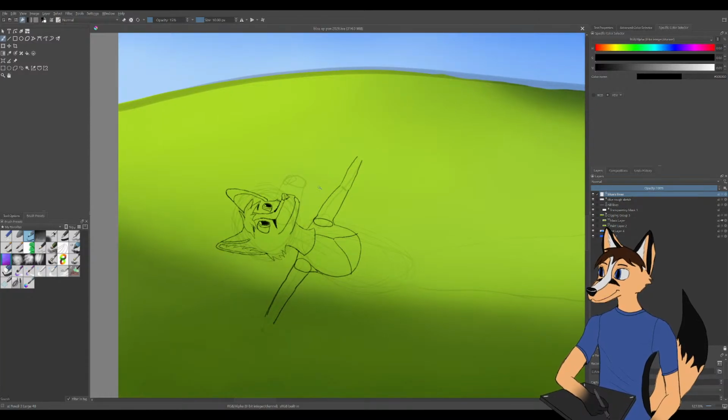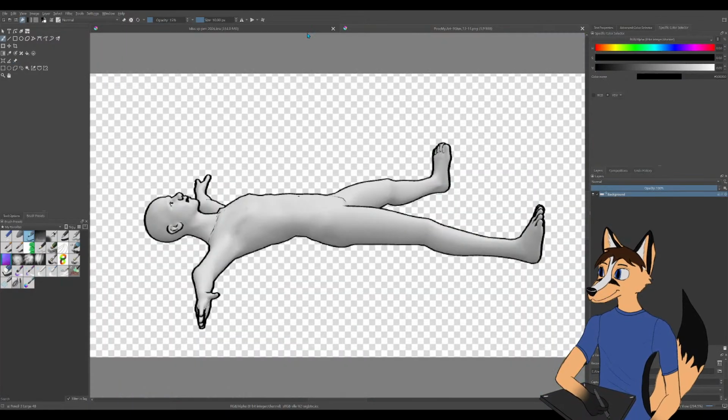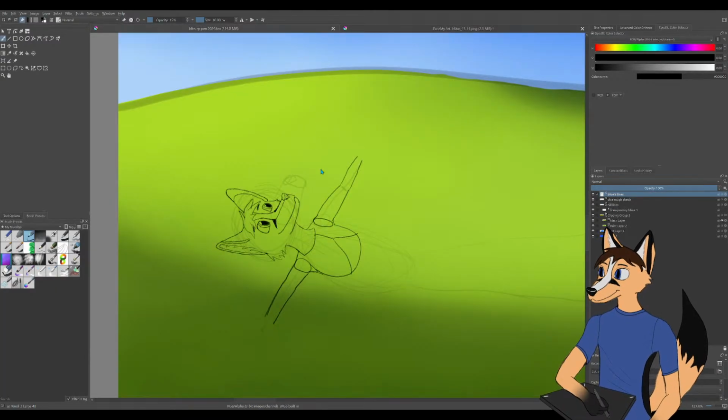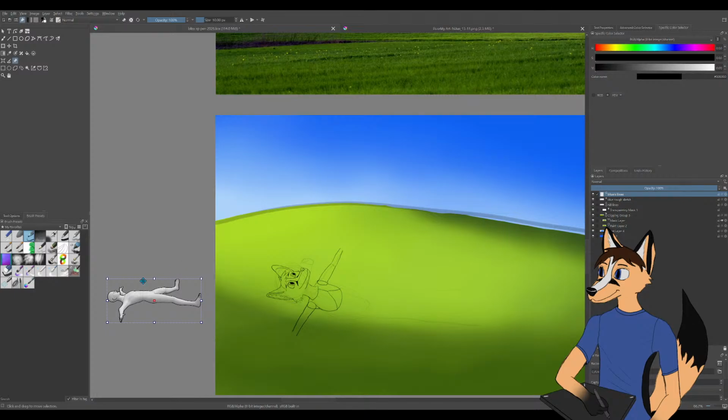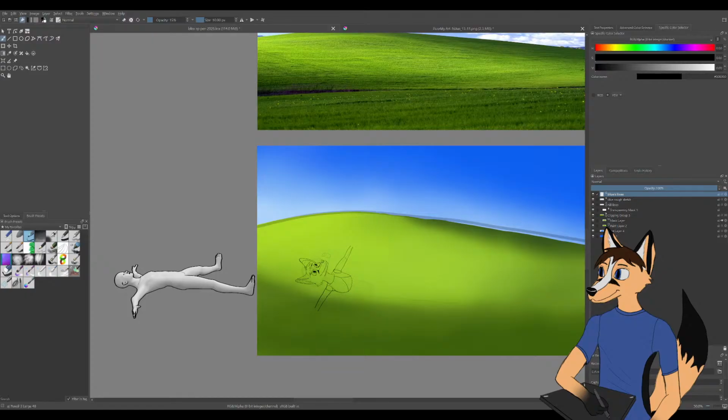Because right now, even though this is actually a really good drawing, I want to completely redo it again because currently it doesn't look quite at the right perspective of what I want. So I rendered this reference real quick, and I'm gonna go ahead and import that into Krita as a reference. Just put it off to the side here, make it a little bigger, and where's my mouse? I don't see my mouse. Oh, there's my mouse.